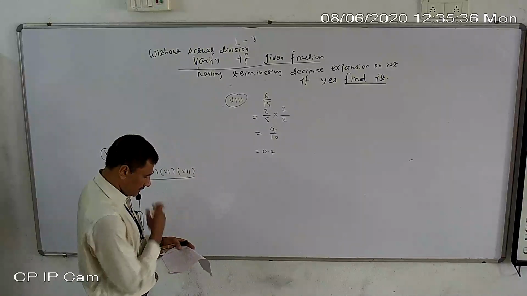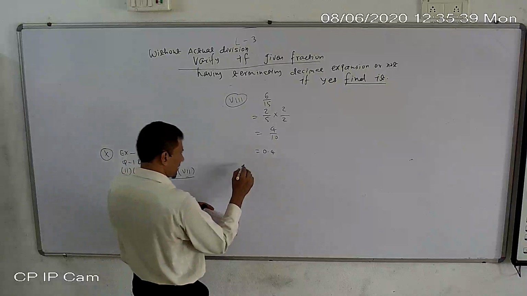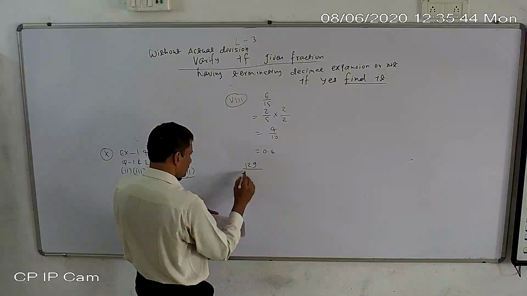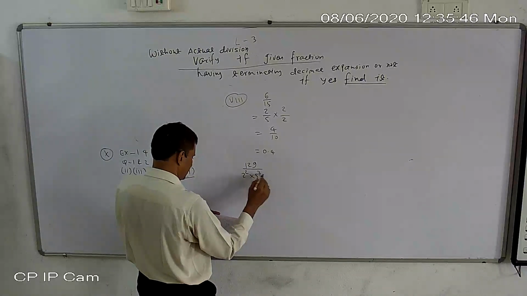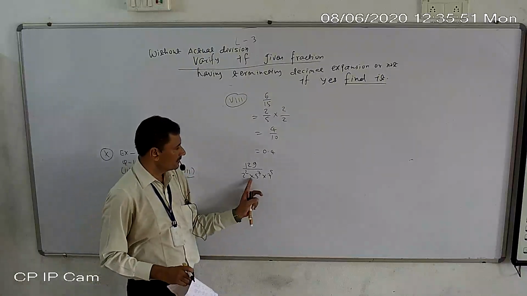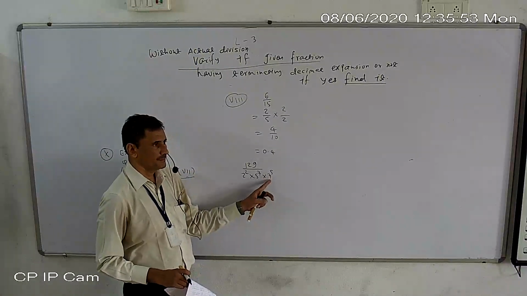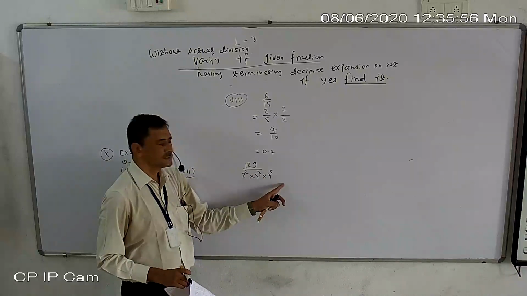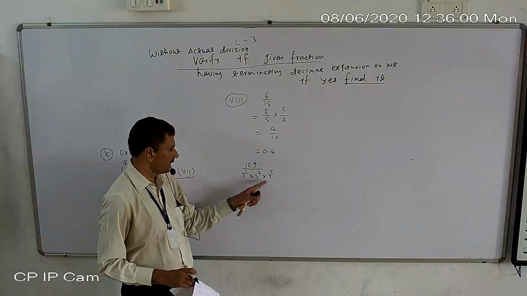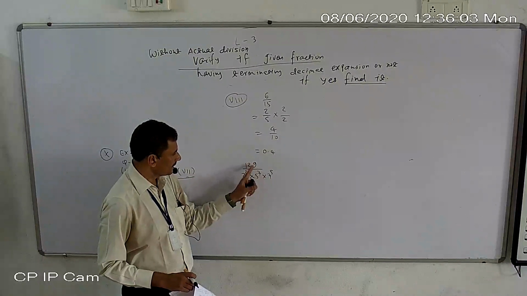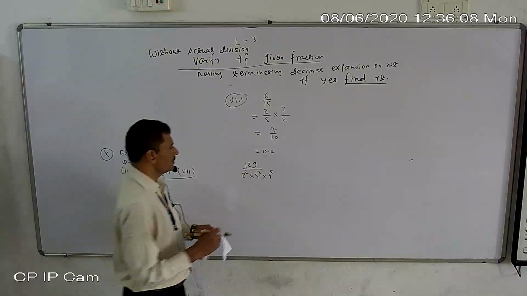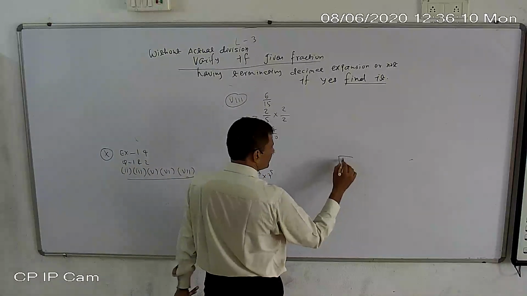Now I have given you already question 7. In question 7, I am not going to solve the whole question. 2 raised to 2, 5 raised to 7, and 7 raised to 5 is given. Now you may conclude that here is 7, so obviously it is a non-terminating decimal form. Okay, why? Now if possible, try to cancel by 7. It is not divisible by 2 and 5. Try to cancel if it is divisible by 7 or not.